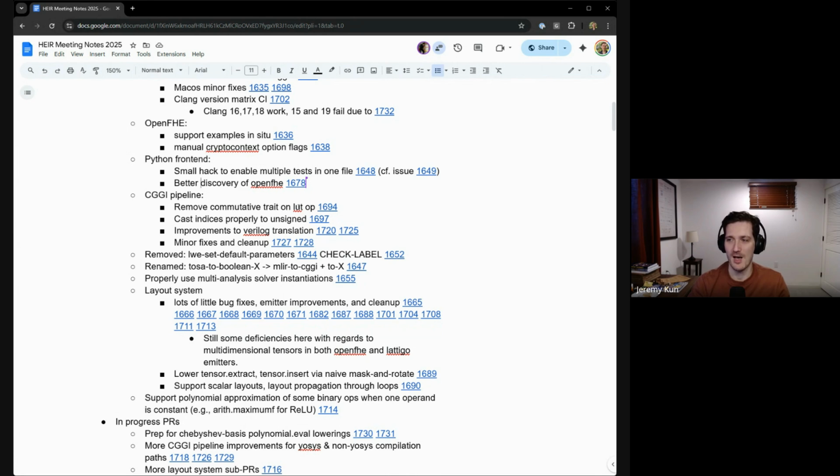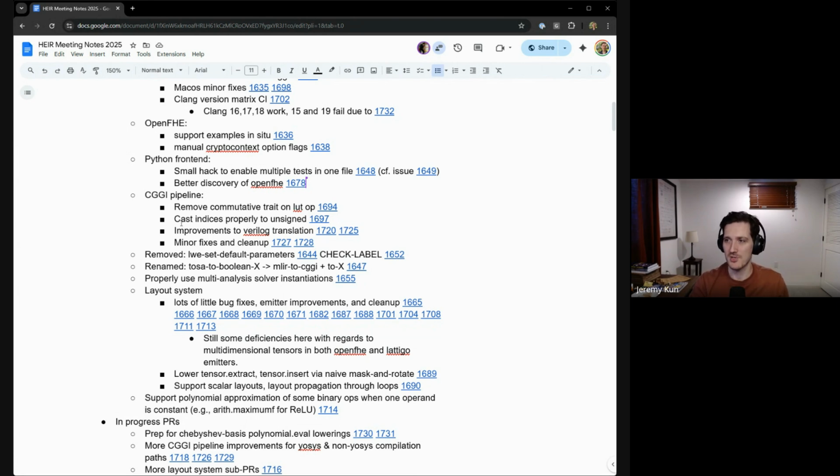So the LUT ops were commutative, which means that the LUT input and the LUT table were swapped. I didn't realize this until recently. I thought the commutative trait doesn't do anything, but there's a folder that causes it to put constant operands as the left-hand side and non-constant operands as the right-hand side. So that was affecting the LUT op.